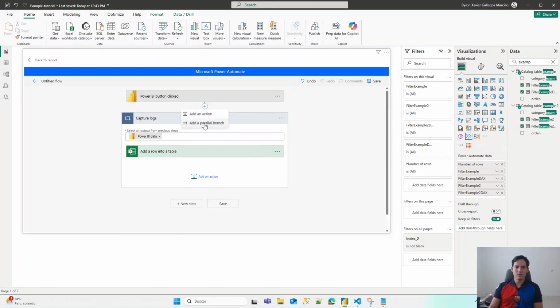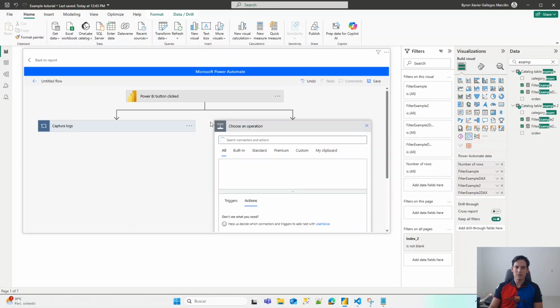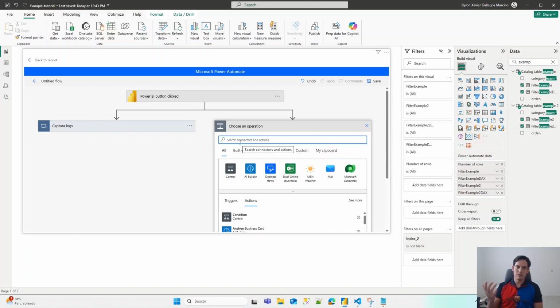Now I'm adding a parallel branch, because at the same time that I'm capturing those logs, I'm now explaining how to generate the files with the filters they set up, and also how to send that file in an email. So the first thing that you need to know is that you should